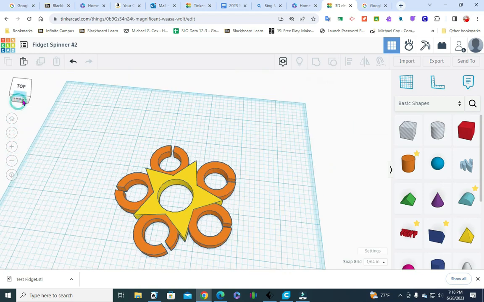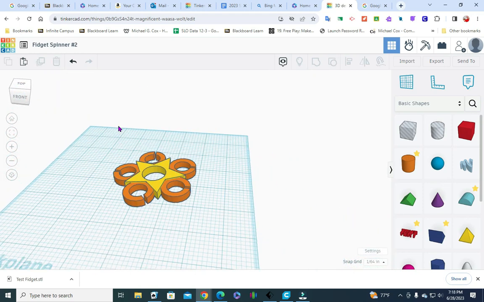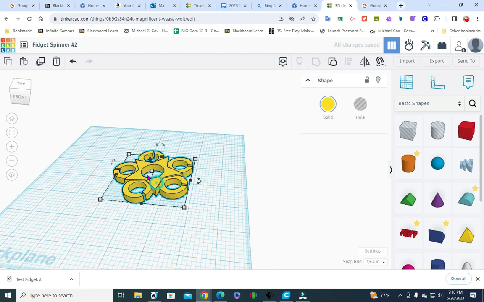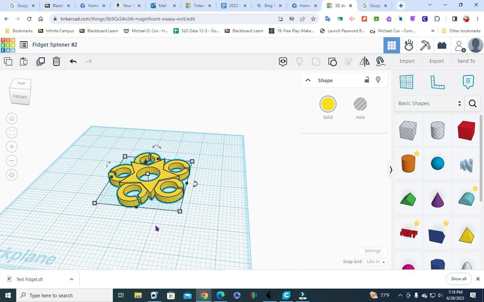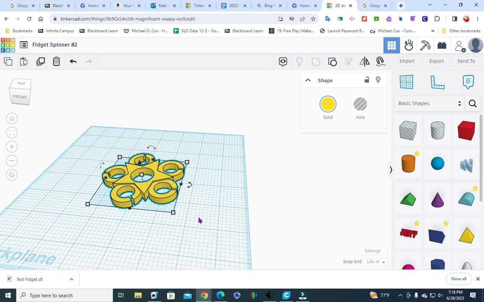Okay, and that's it. So we have to group the whole thing so it becomes one piece. So I'm just going to click and drag over the whole fidget spinner. I'm going to group. And there you are. You have a fidget spinner. Now all you need to do is go to the dollar store, pick up some of their marbles, the completely spherical marbles, not the little other glass things they sell, and then go to Amazon and buy some